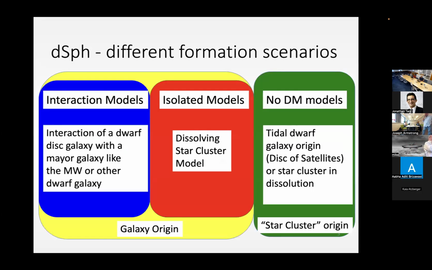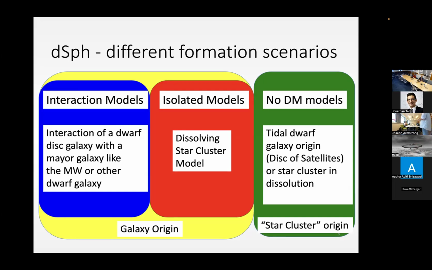So how do we form those really small, low-density objects? Standard cosmology says small objects form first, and then we build larger objects out of the small ones. So maybe those dwarf spheroidals are really the remnants, the last remaining ones of the first galaxies which have ever formed. And so there are models which are attributed a cosmological origin,